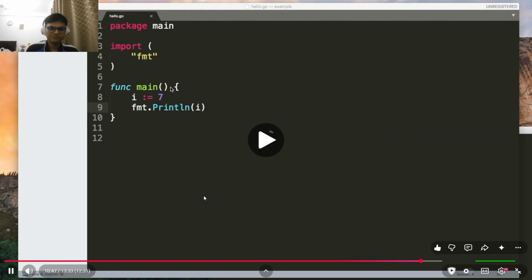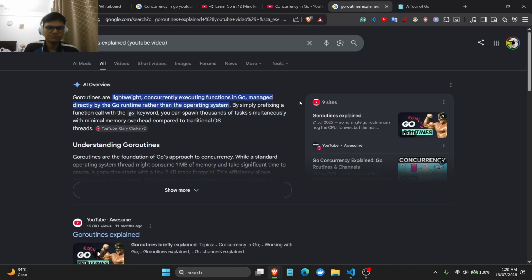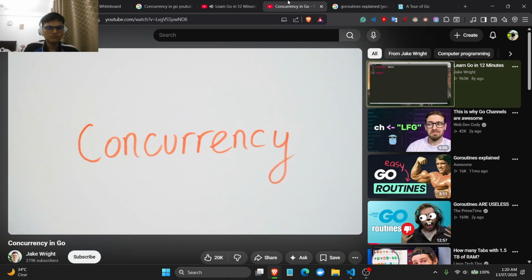Okay. But we can also get the memory address of the variable by using an ampersand. It's pretty much C. So this gives us a pointer to i. Now if I had a function which incremented a variable, and we called it like this,